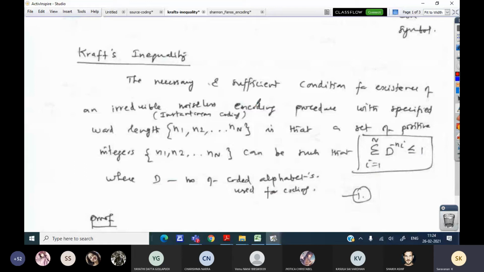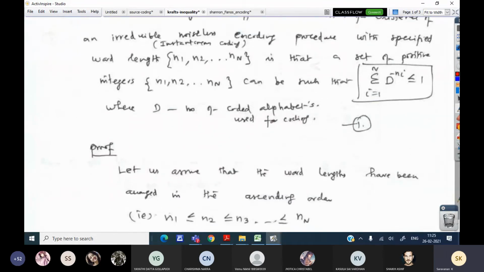D is the number of coded alphabets we use for coding. We have a proof also.